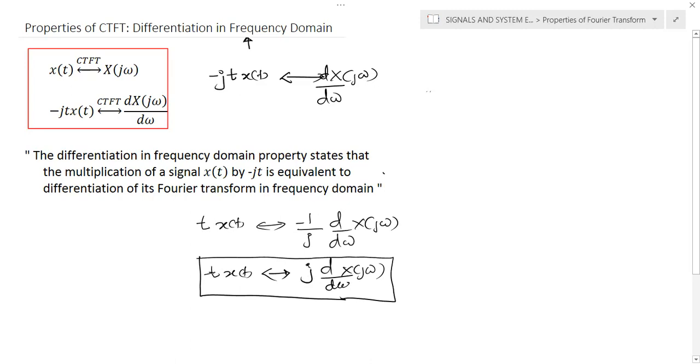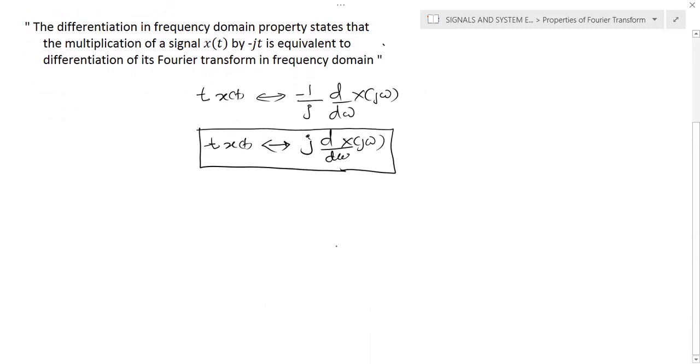So we can remember these two representations, and most of the time we can expect questions that multiply the given signal with t. At that time, it's very difficult to solve by using the direct method, the continuous time Fourier transform equation by integral equation. So instead of that, we will use this differentiation property in frequency domain when there is a question like t into x of t or t square into x of t, etc. Now we can see the proof.